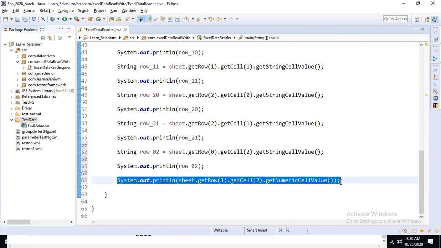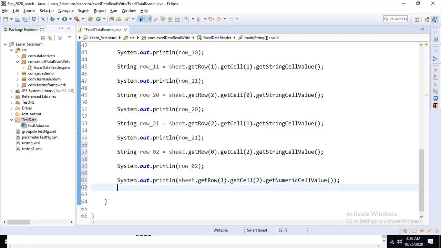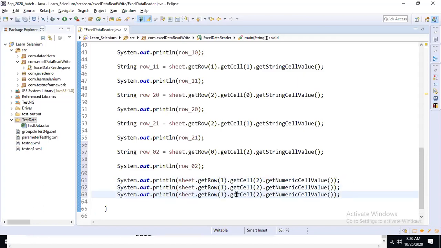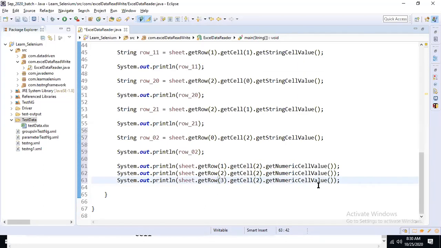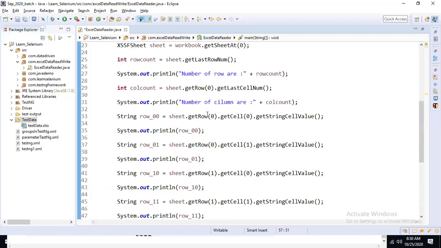Similarly, for the second row, as we have written for the first row, and the third row, we will return. This is my second row. The numeric cell value will become the third row. Okay, like that directly I have displayed here. So like that we are going to read. If you want to read that particular data, which may be a numeric type, which may be a boolean type, which may be a string type, you can retrieve that data.